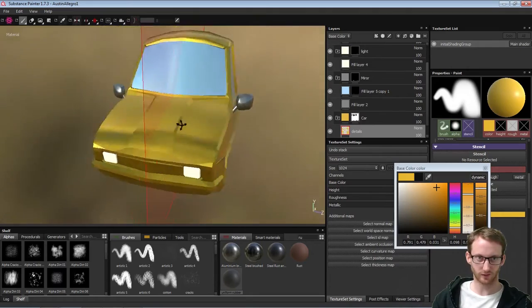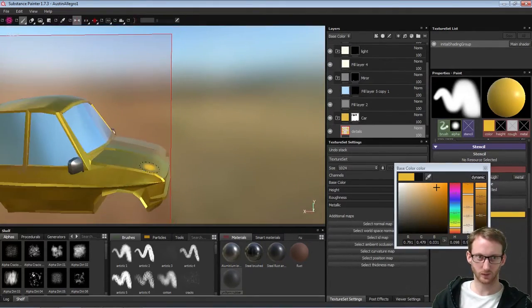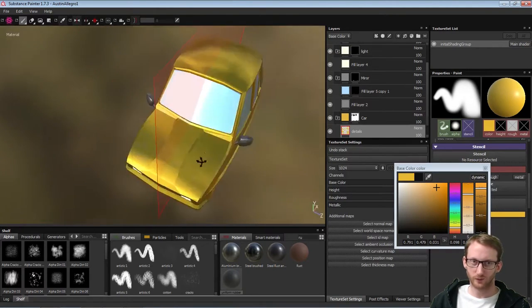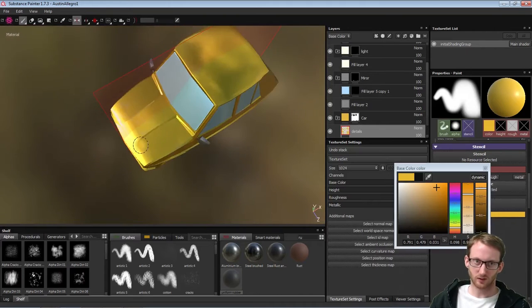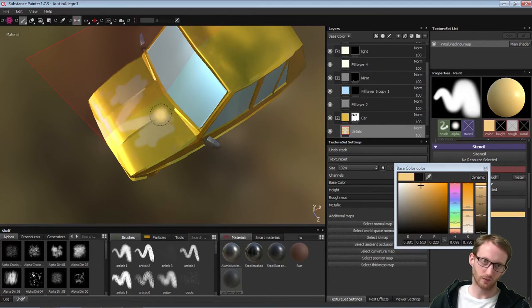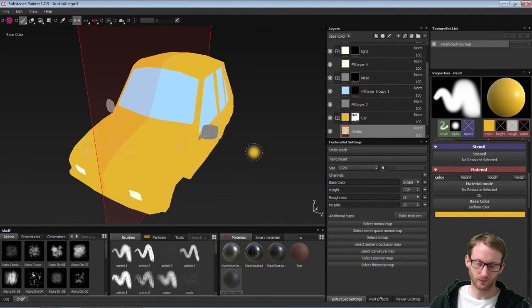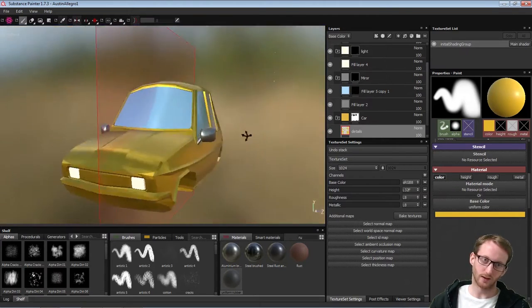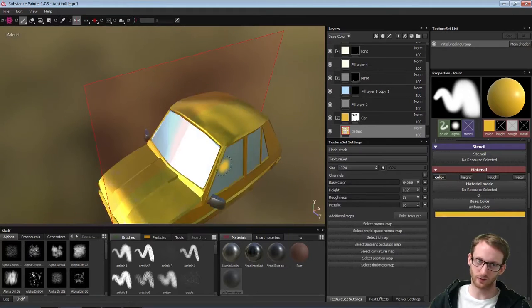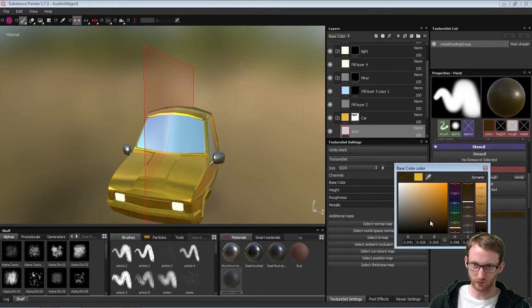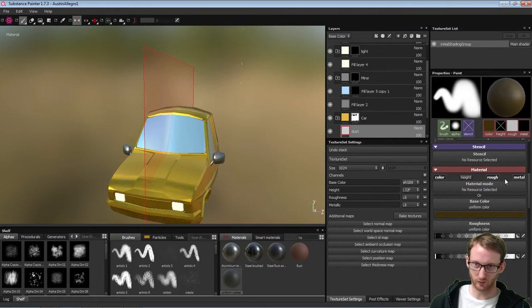So now we still have some details and stuff, but we don't have these white ugly spots. The challenge is it always looks like gold when you do yellow stuff. So if we don't want it to look like gold, we can still make it darker to not have this shiny effect of gold, make it a little bit more dusty or this kind of effect. So we can go dust, and then I want something more dark, and now I want some roughness, not metallic, just roughness. And I'm gonna have some matte,